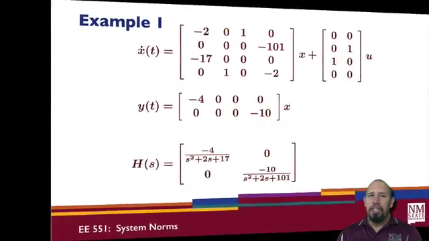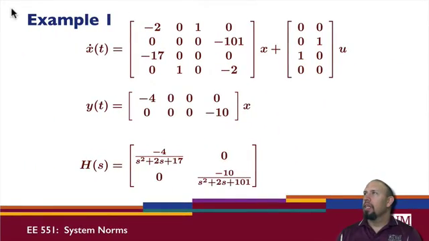So we're going to start off with this problem. Here's our system: 2 inputs, 2 outputs. Here's our transfer function. In this case, it's a nice diagonal form. This is obviously a contrived example. So here's this